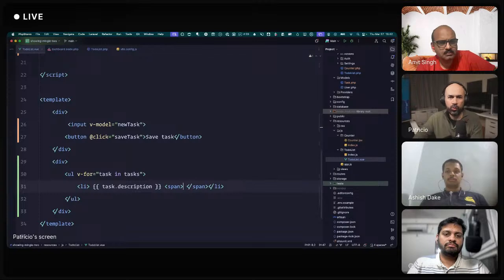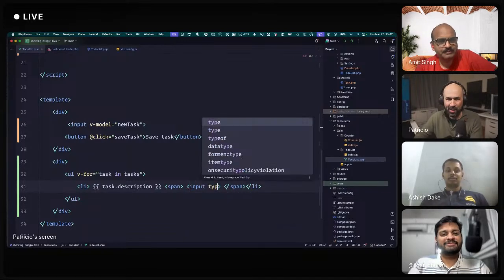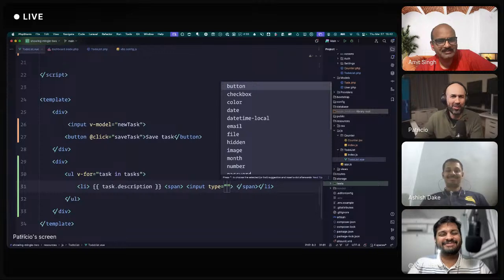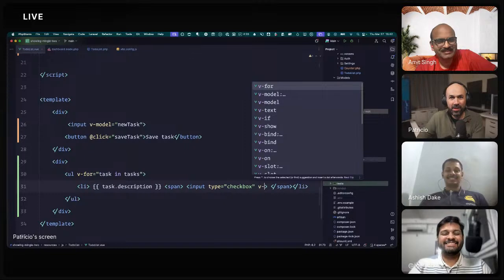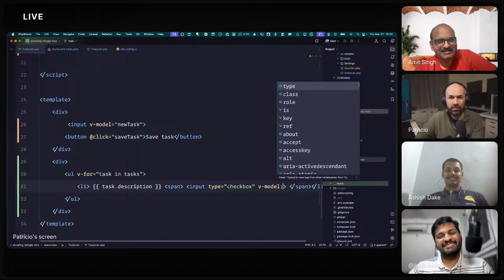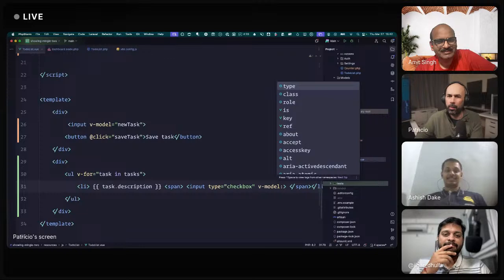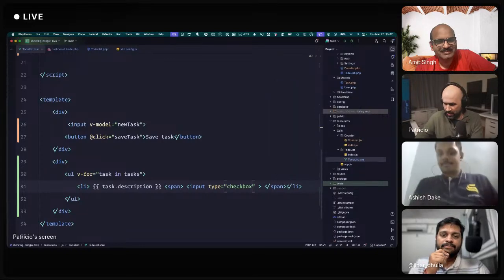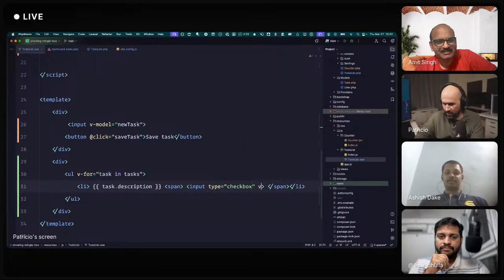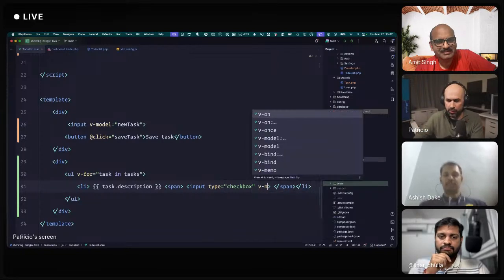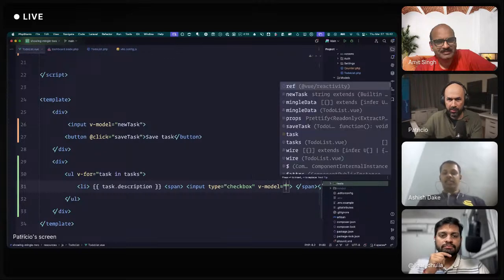How do you do a checkbox? Is it input type checkbox, right? I'm using Filament for so long. Input type checkbox, and then v-model or value. Let's just use value because we can. V-model is syntactic sugar for putting the value and emitting an event to change the value.